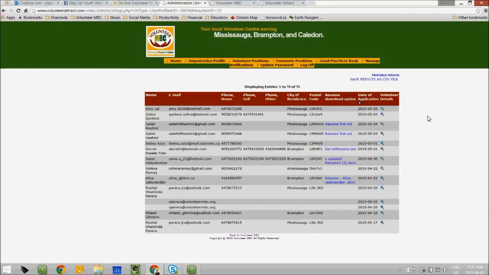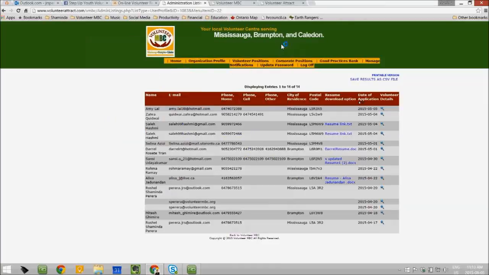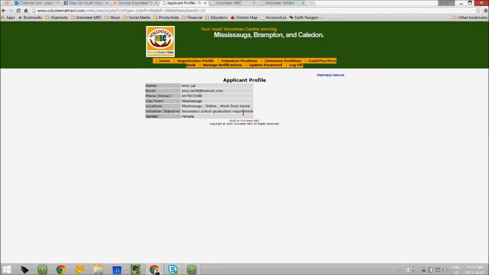And also, our system allows the volunteer, when they create their profile, to upload a resume. And if you want to know a little bit more substantial information about the volunteer and they have uploaded a resume, all you got to do is to click on the link and the resume will open up as a downloadable PDF file. And you can also click on the View Volunteer Details icon and go to their brief profile. And in the brief profile, you can see the objectives of their volunteering are also mentioned over here.